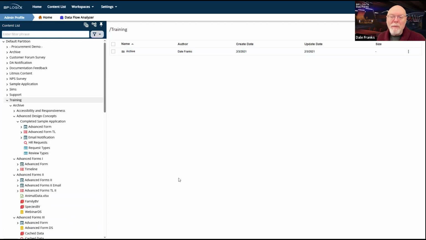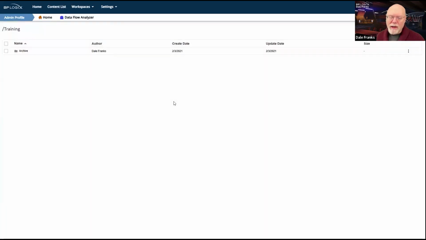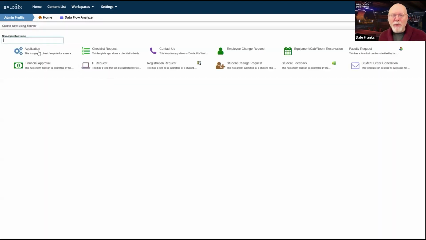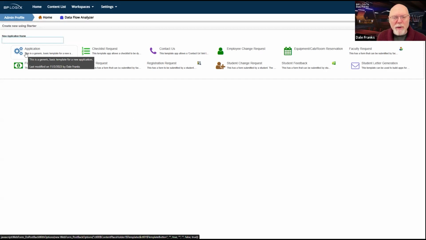Now, what I am not going to do, and in fact, let me go ahead and for the moment, let me just get rid of the content list. So here we are. Here's our blank slate, and I'm going to create my new application. The way I'm going to create my new application is the way that you should probably largely be creating applications yourself, because it makes your life a lot easier. When I create a new application, I start from a template. Because in my templates, I have an application stub built for any new application that I want to create.